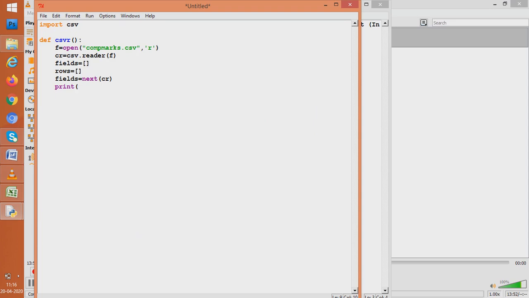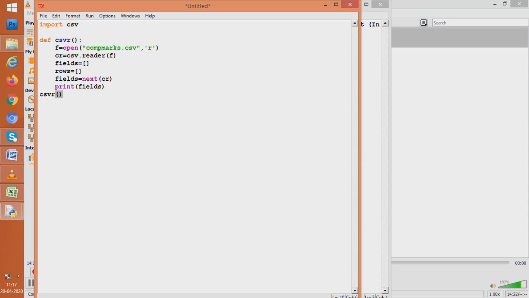If the fields have come in this given fields, that is, the header has come, then it should be printed. So let us see whether it prints or not. And one thing you should understand here: I am not closing the file, but the CSV file still works. But binary files and text files need to be closed in this way of writing. So let us run only this much and see whether fields have come or not.